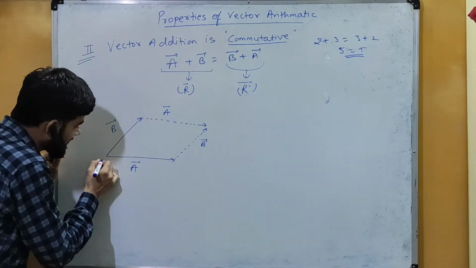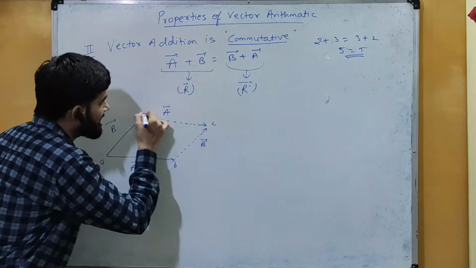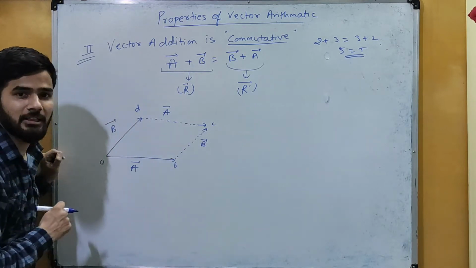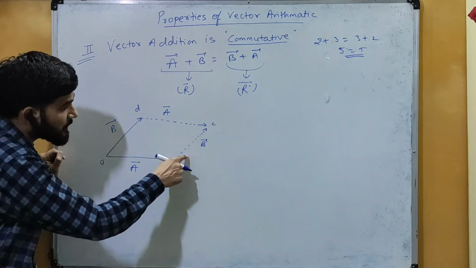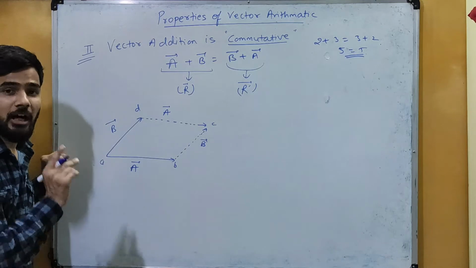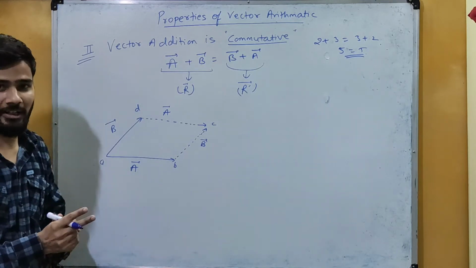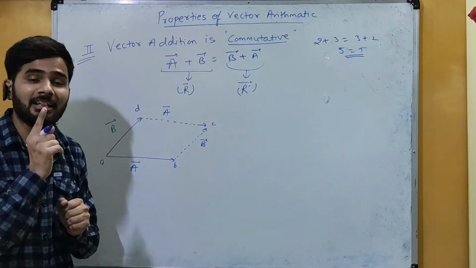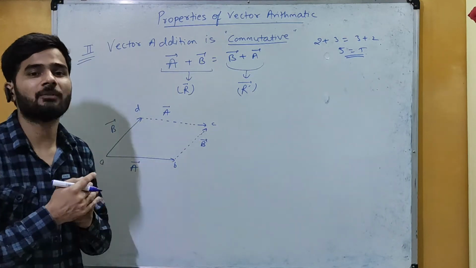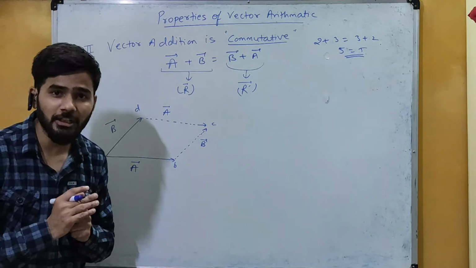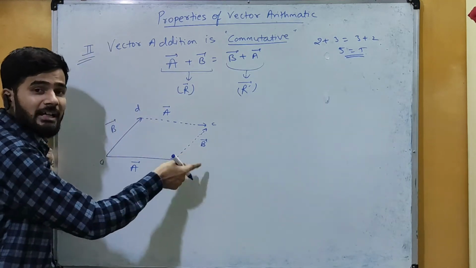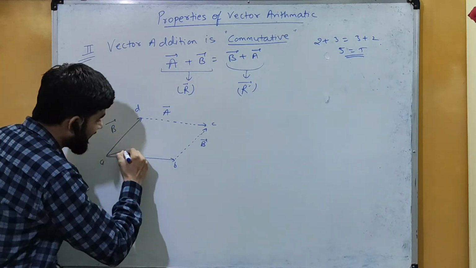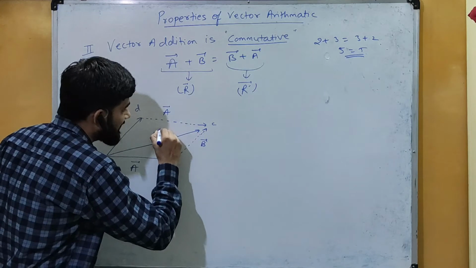Now here we can consider this point to be A, this is B, this is C, and this is D. If we have two vectors, vector A and vector B, and these two have the same order, अगर हमारे पास दो वेक्टर हैं दोनों का सेम ऑर्डर है and those two are forming the sides of a triangle, then the resultant will be the third side of the triangle which is taken in exactly the opposite order. तो दोनों का ऑर्डर सेम है. अगर हमें ऑपोजिट ऑर्डर में बनाना है and that is the third side of the triangle, then we can have this as the resultant vector R.